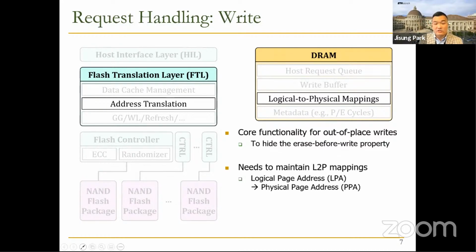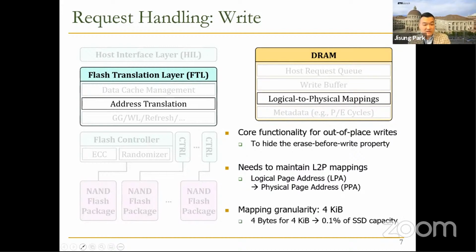And since the logical page address and physical page address no longer match each other, the FTL must maintain the logical to physical mapping, meaning the information about which physical page stores the logical page data, in order to service future read requests on the page. And typically, except for some SSDs with very high resource constraints, the mapping granularity is 4 kilobytes. In other words,